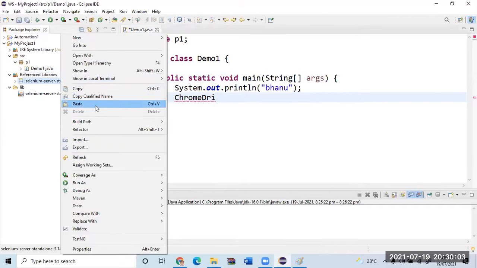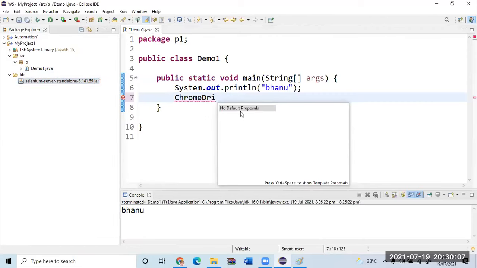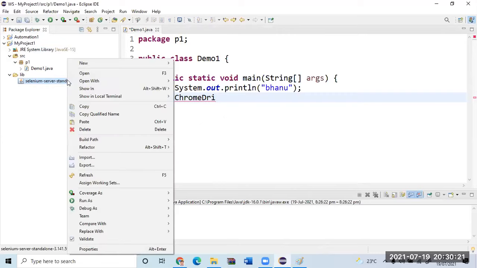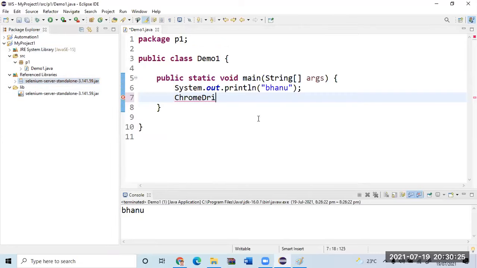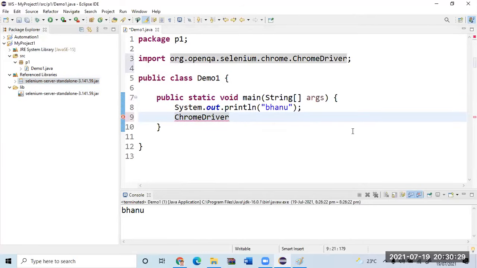Let me show you here. Right click, build path, I do the opposite. Remove build path. Control space. Am I getting any intelligence here? Is it displaying anything? No, because you just copy pasted the jar file. It doesn't know whether to use it or not. I want to tell Eclipse, or IntelliJ, hey, use it. That is the reason I say right click, build path, add to build path. Okay, so here, control space, ChromeDriver.